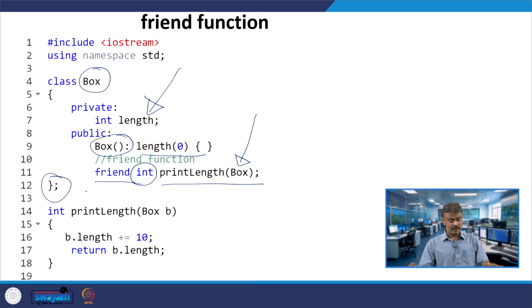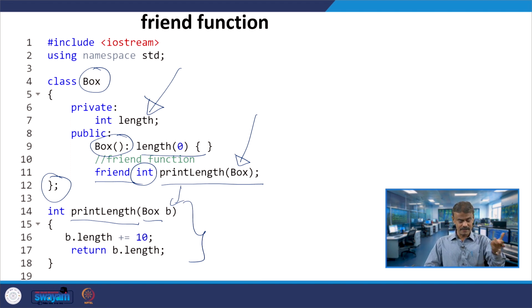Now, with the usual function definition I am doing this. I have defined an object b under class Box, and the name of the function is printLength, which is nothing but a friend. So, this function is a friend to class Box, that is the meaning. That means this function can access any member data or member function.